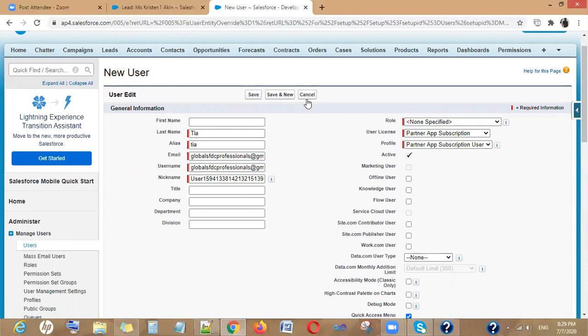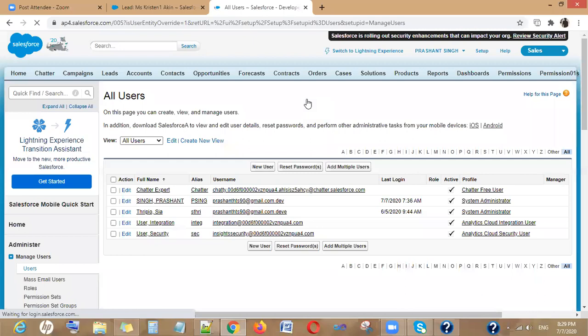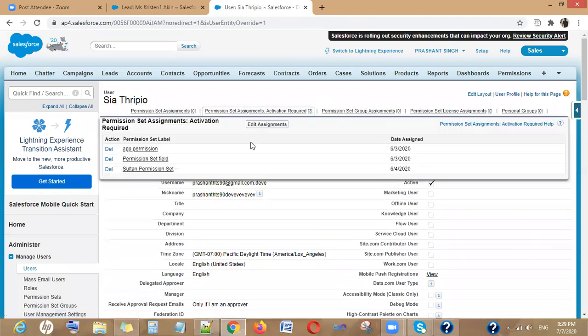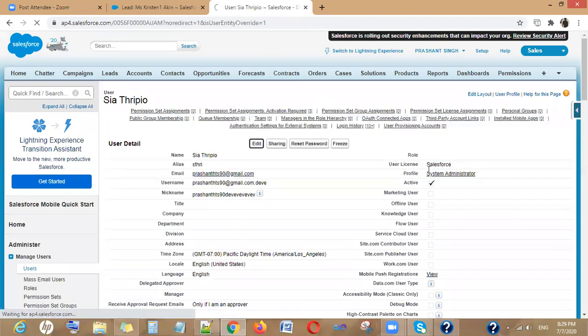Now, why is this user important for the administrator? Let's say I'm changing the profile of this user.